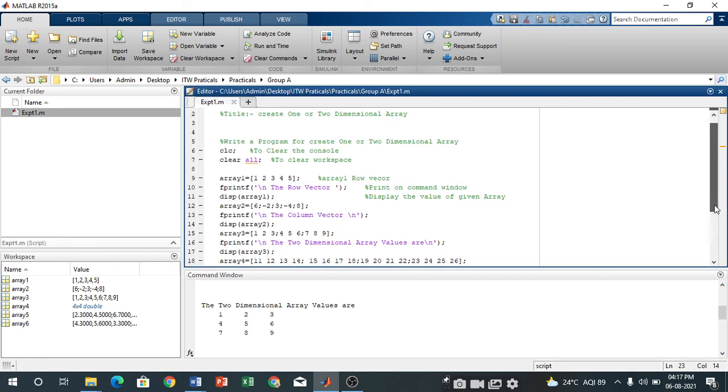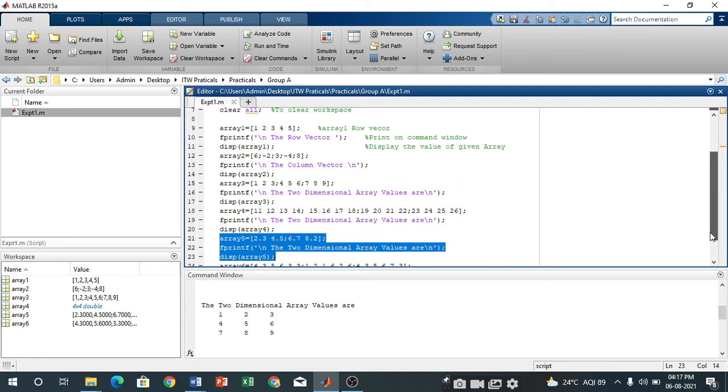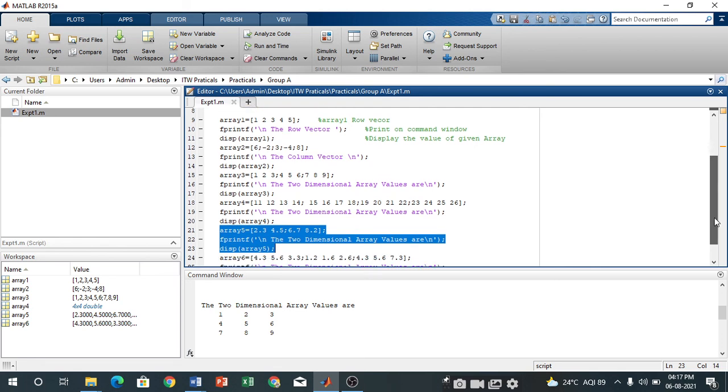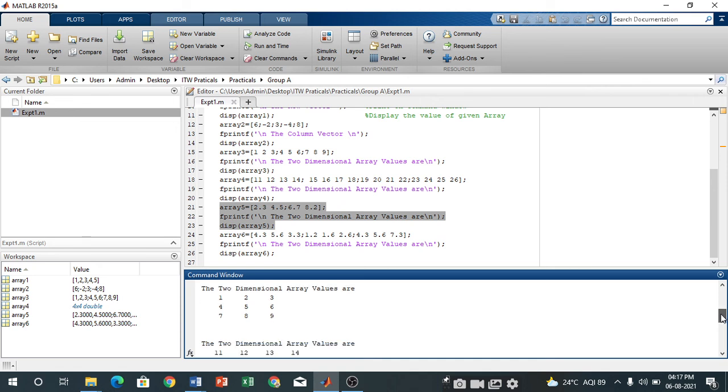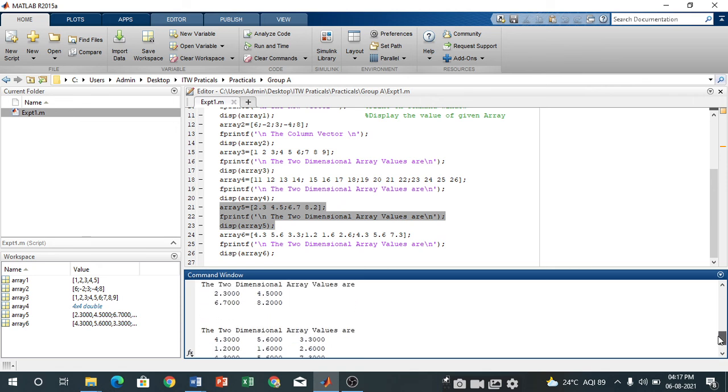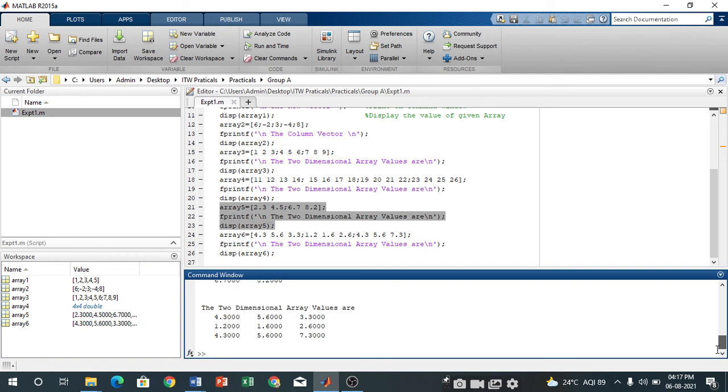Array 3 is your multi-dimensional array, that is the 3 by 3 matrix which is available there. Now next we describe the content with the help of floating point numbers, a 2 by 2 matrix and a 3 by 3 matrix which are available. So this is for the creation of array elements using MATLAB. Okay, thank you.